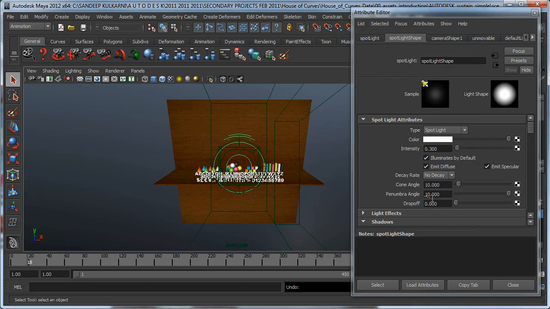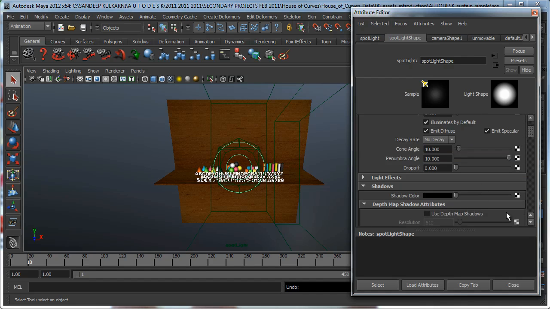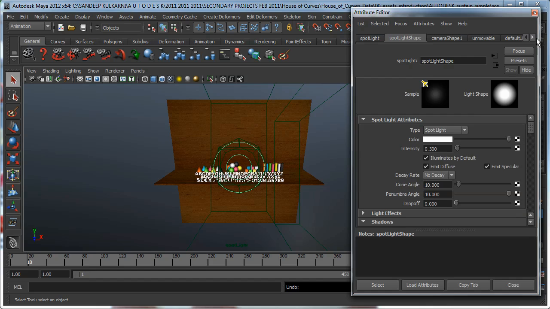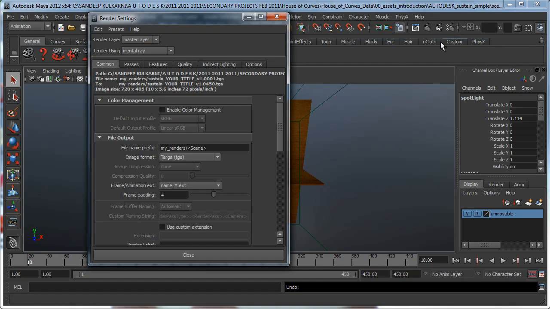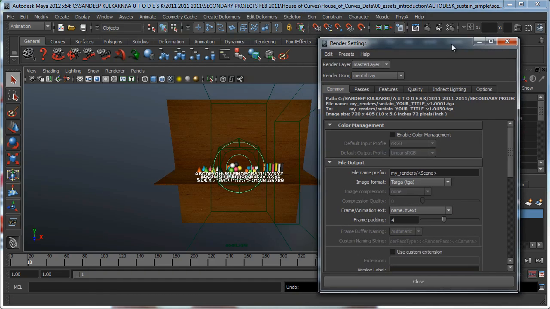And then you have the penumbra angle, which is right here, 10, and you can see it right there. This is pretty much the diffusion of the light from the center point out. And then there's no drop off and so on. There's a whole bunch of other parameters below too, which you can take a look at. But then if I go to my render settings over here, this button,